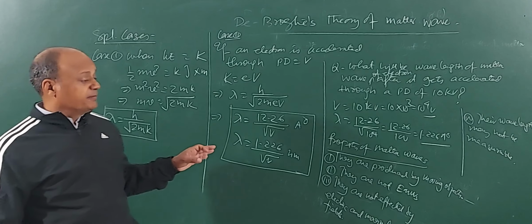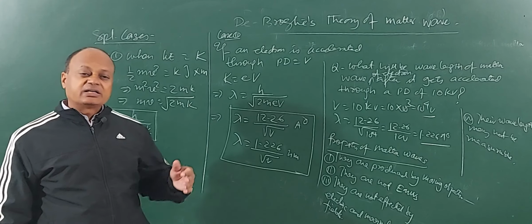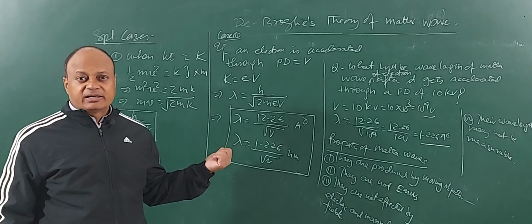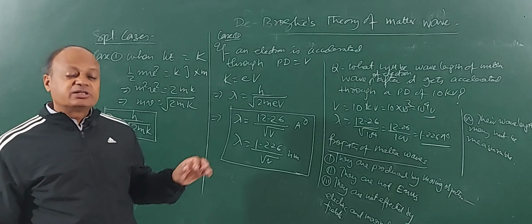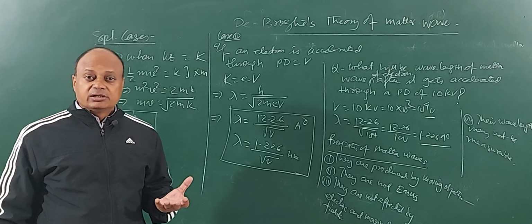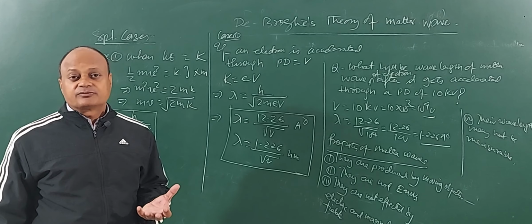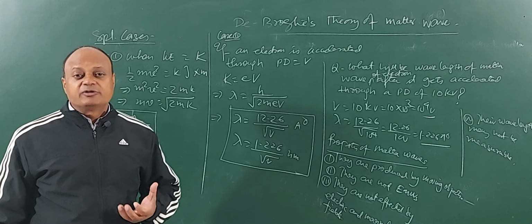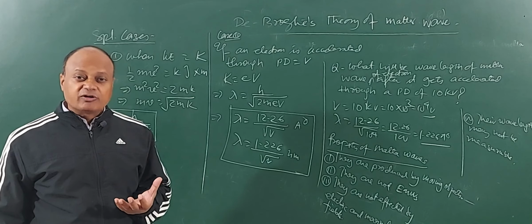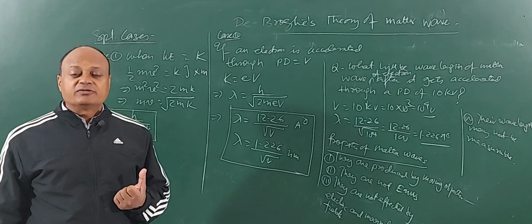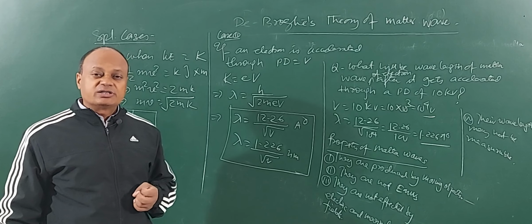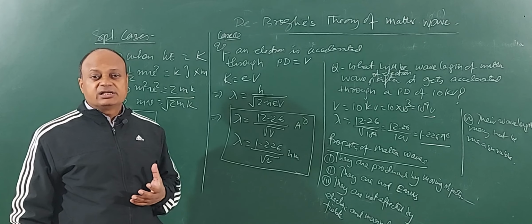Clear? Now this was a very bold theory, and in fact this theory is just the converse of the dual nature of radiations. Here you have dual nature of matter, right? But this theory was able to explain many observed phenomena. When you combine it with Born's theory, the probability density function, understand? It is very well able to explain the uncertainty principle, even Bohr's model of quantization of angular momentum, and so many more observed phenomena, right? So we went through de Broglie's theory. So make sure that you go through this in detail, okay?